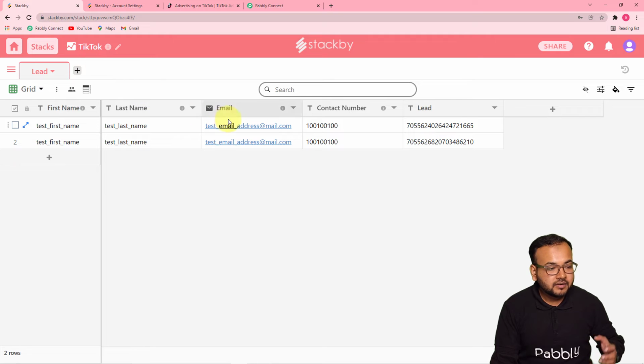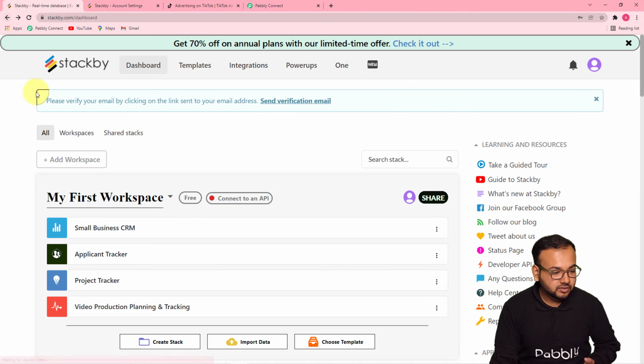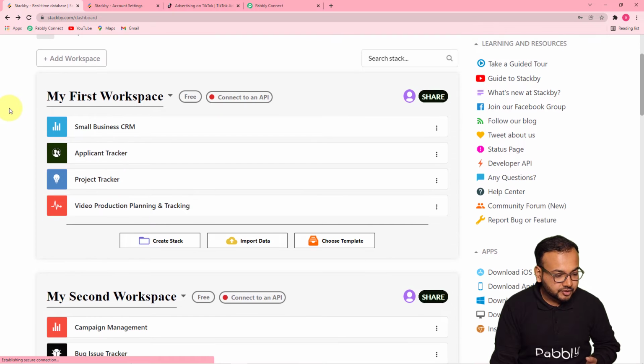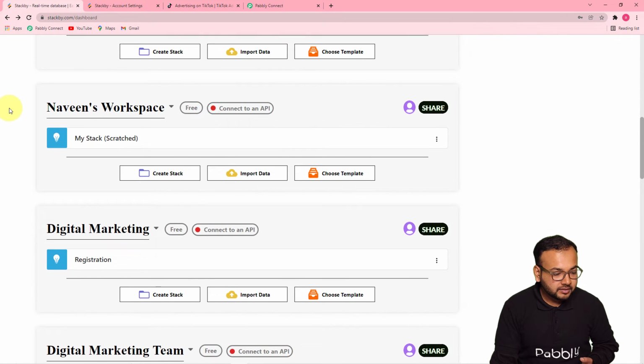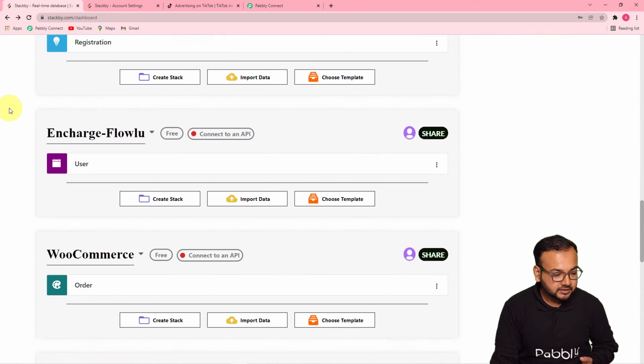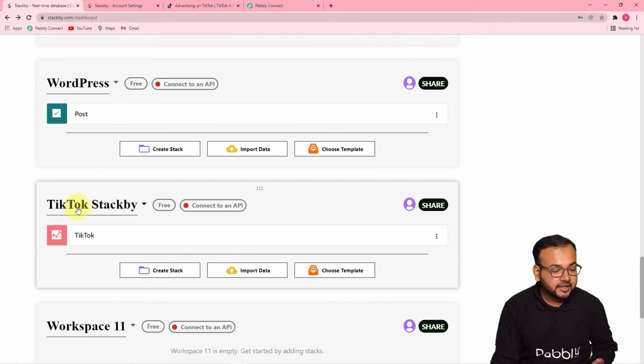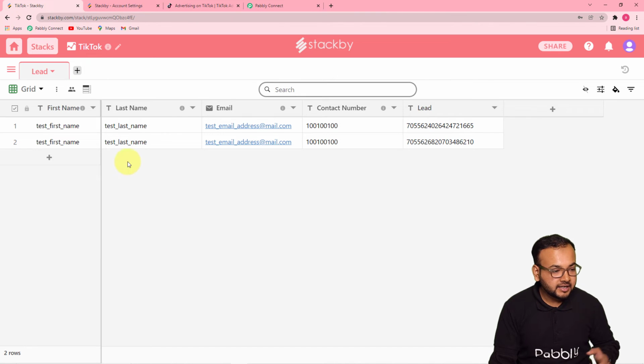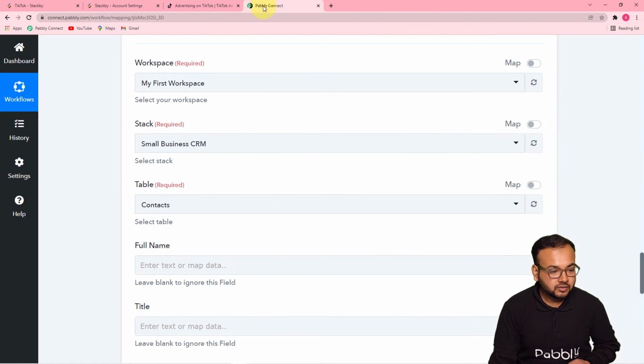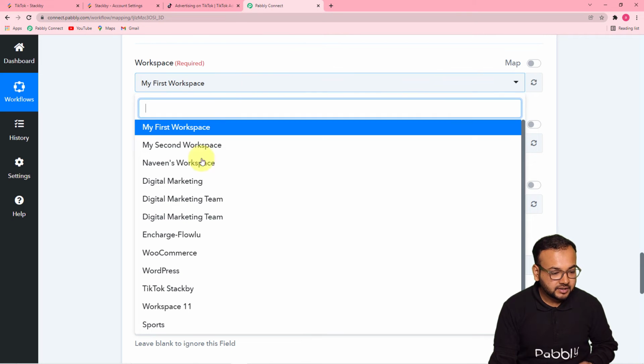So here you can create workspaces, then under that workspace you can create these stacks and the tables. So I'm using this workspace. Let me show you. The name of the workspace is this one, TikTok Stackby. This is the name of the workspace, and here is the stack named TikTok, and here is the table named lead. So select the workspace first, which is this one, TikTok Stackby,